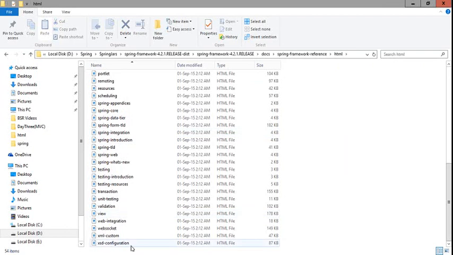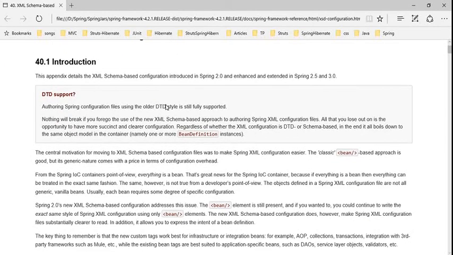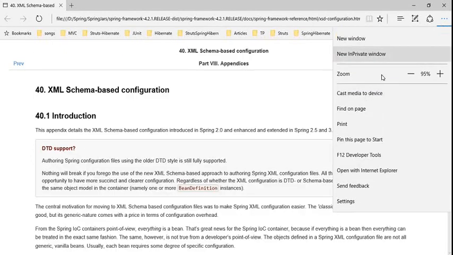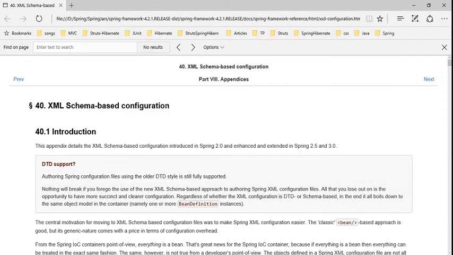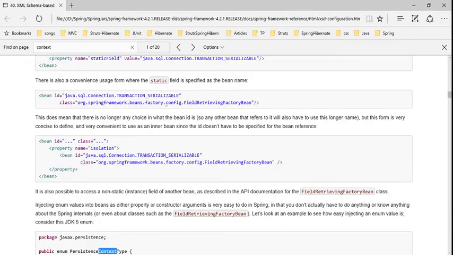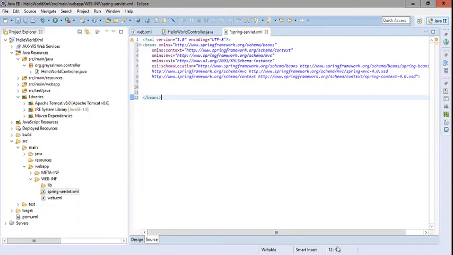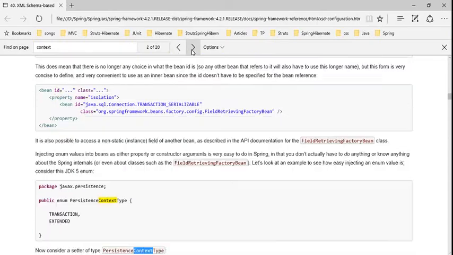In the last you will get one file, the XSD configuration file. If you open this file and search for context, because one of the namespaces required is context and the second namespace is MVC.